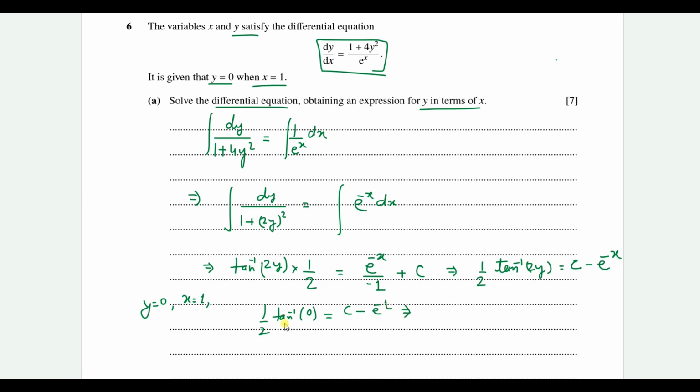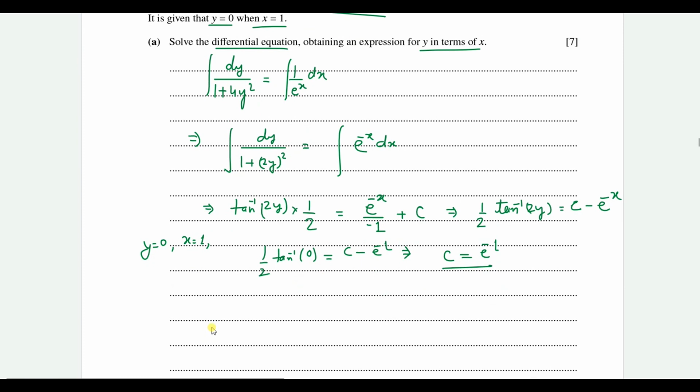We know that tan inverse 0 is 0, so this gives c as e raised to the power minus 1, and hence the expression for y in terms of x, we can rewrite this as 1 over 2 tan inverse 2y is equal to e raised to the power minus 1 minus e